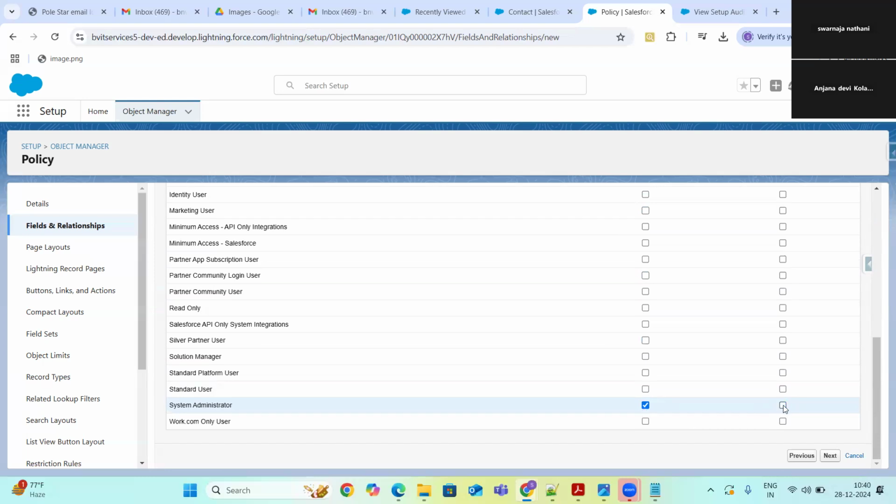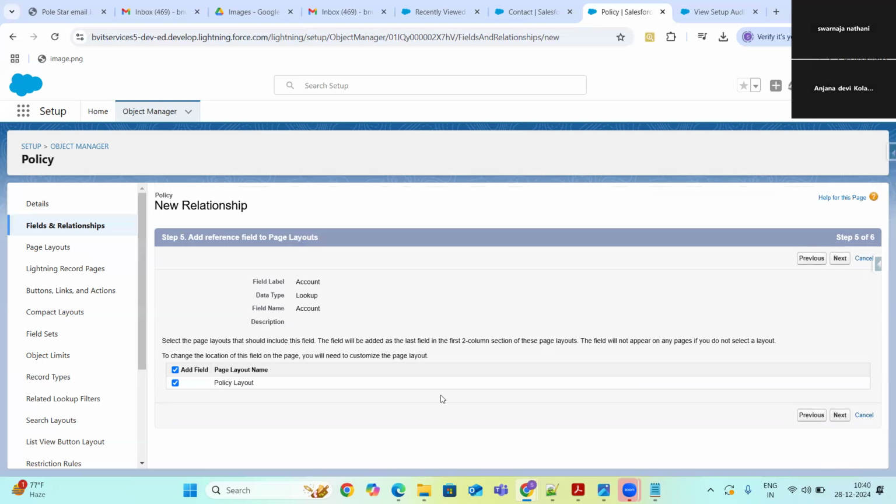Or else, if you don't want to make it read only, you can just uncheck this one. In my case, I don't want to make it read only, that's the reason I haven't checked this checkbox. Clicking on next.